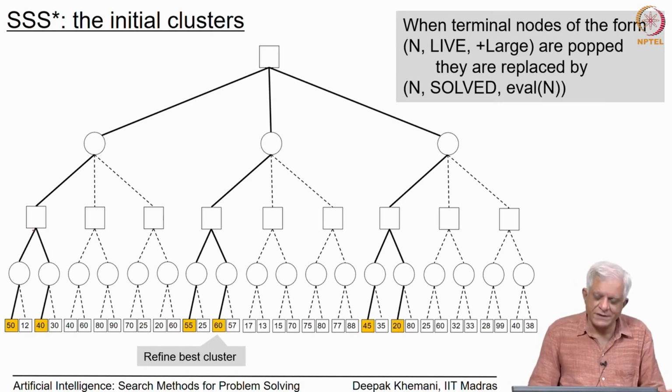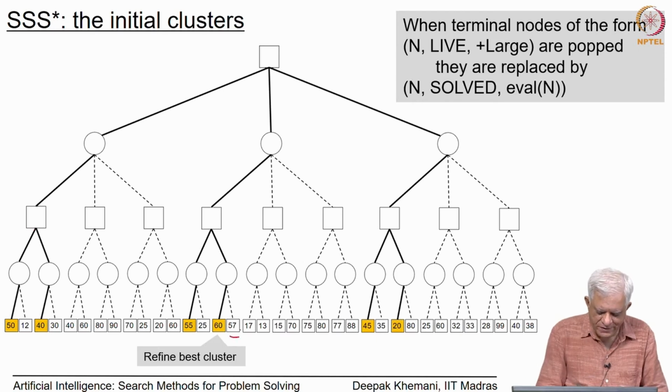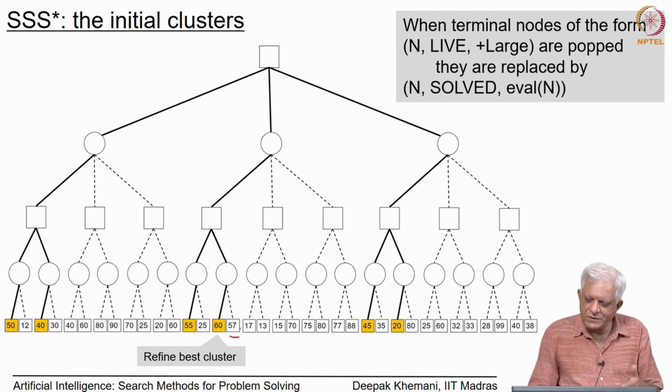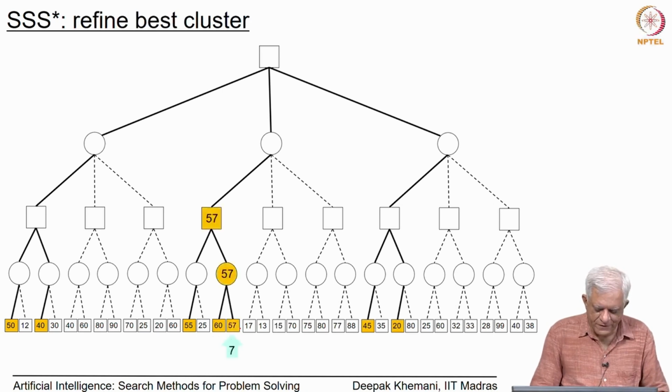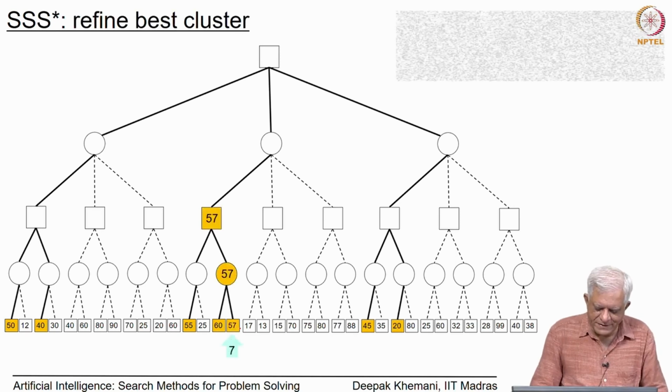At the head of the queue would be this node with value 60, we will pop that, and since it is a solved node and since it is a max node and it is not the last child of its parent, we will add its sibling, which is this node with a value 57 to the priority queue, and that would continue to be the best node. So, this is what happens next. We refine the best cluster and the value of the cluster becomes 57,